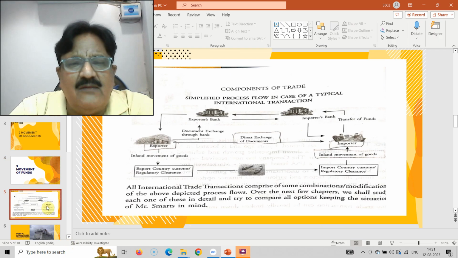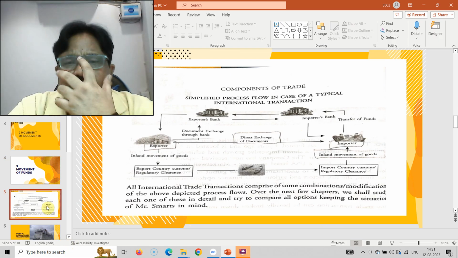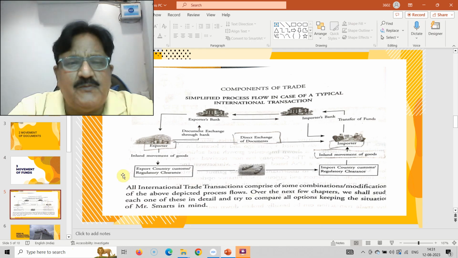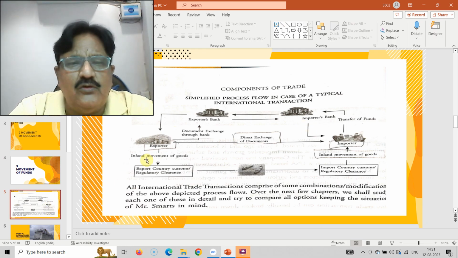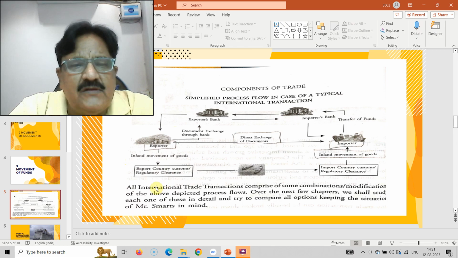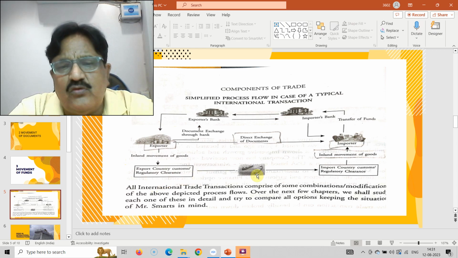So this is a chart I'm showing you of how the components of trade take place, right? So this is the exporter here, and this is the importer here, right? The exporter is exporting the goods. So you can see here, I'm bringing my cursor here. The goods are moved, inland movement of goods, export country, customs, regulatory clearances, it goes via ship, road transport, or